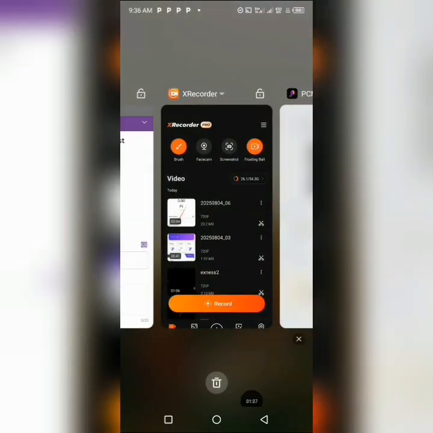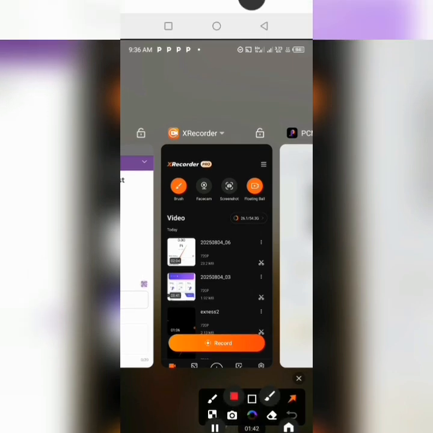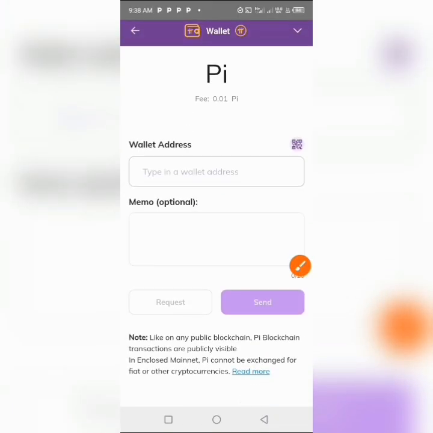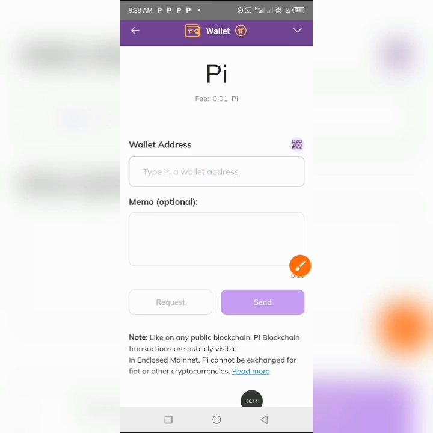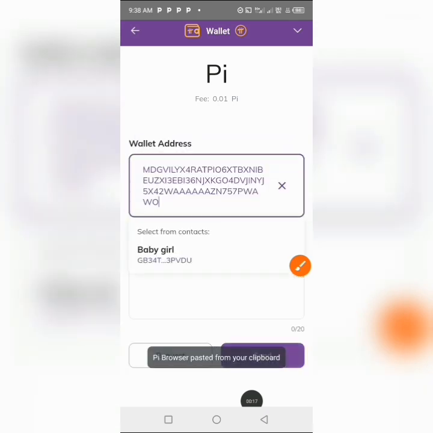Now you head back down to your Pi wallet and paste the address that we copied from the PCM wallet or Pichainmall wallet right here. So I'll just paste that address right here. After pasting it,